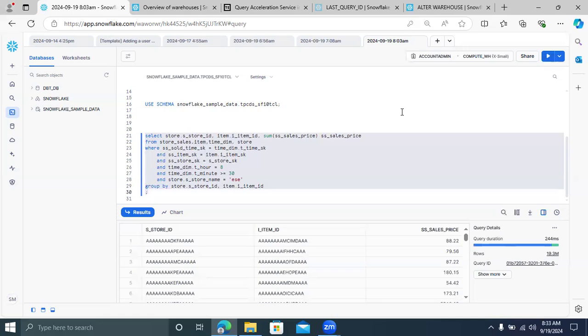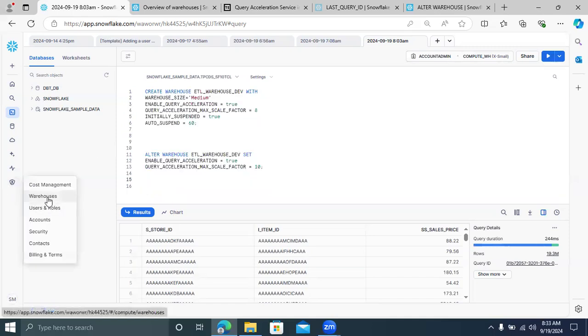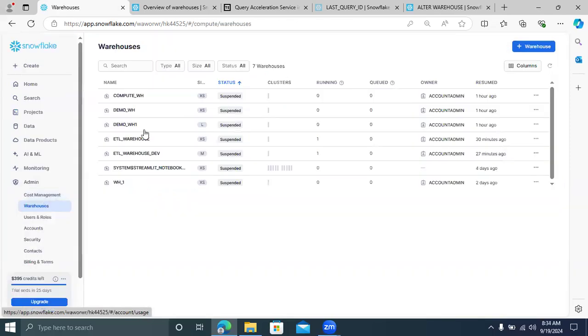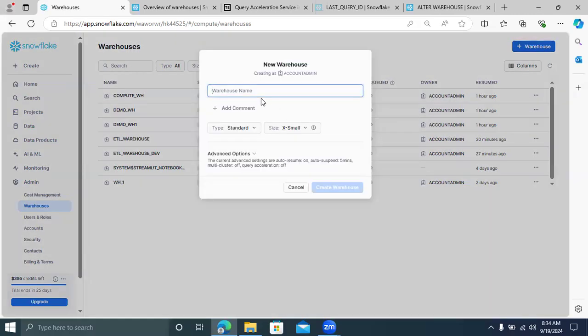Just 1 second, guys. I will create one more warehouse. I don't want to use COMPUTE_WH, I will use some other warehouse. Go here and click on warehouse, and give something like ETL_DEMO_01.